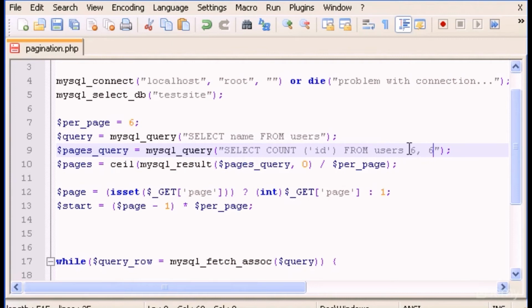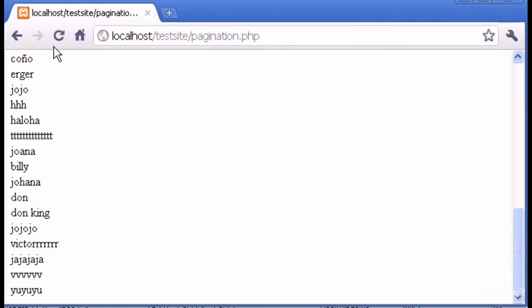So let's type 6, which is where we want to start to display the number of users. For now let's type 0. We want to start in 0, and this is the number of users that we want to display. So if I refresh this,